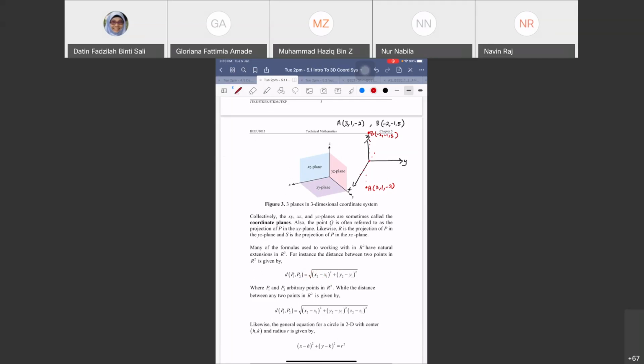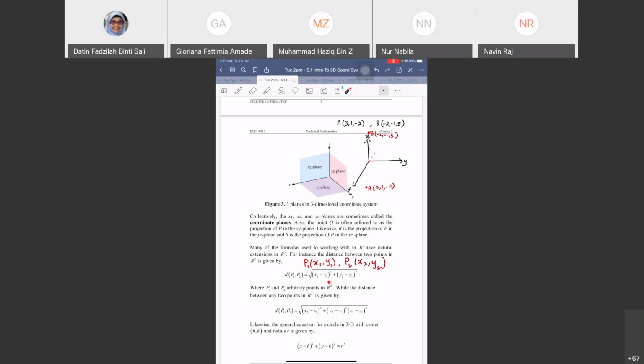That means you have your point P1 having this coordinate x1, y1, and then you have another point P2 having this coordinate x2, y2. So when you want to find the distance between P1 and P2 for a two-dimensional coordinate system,